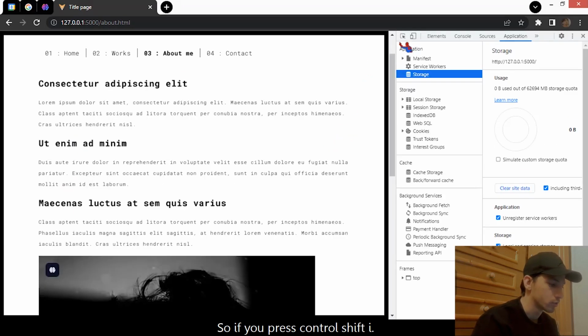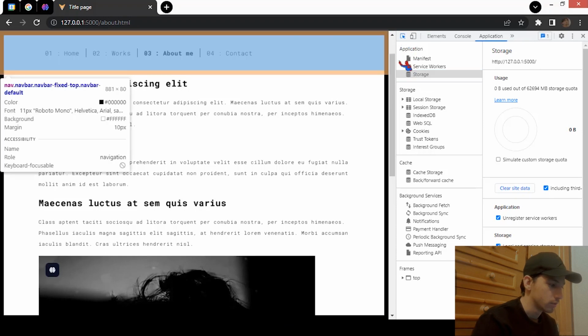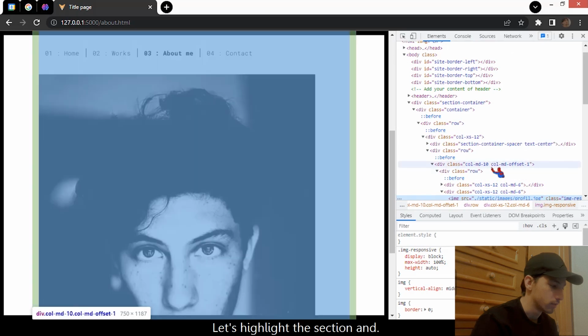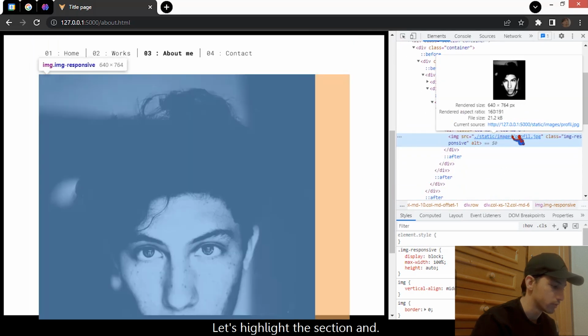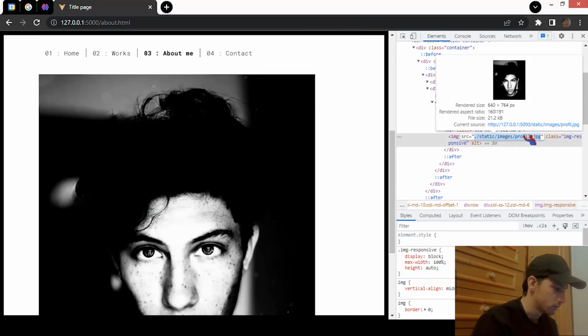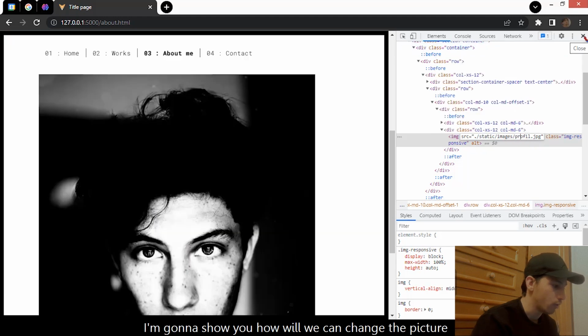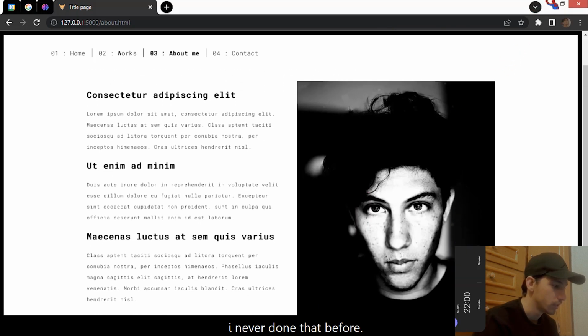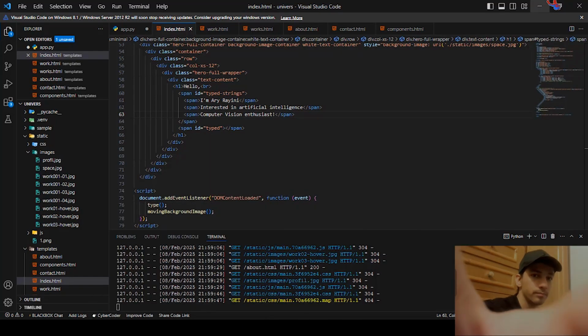So if you press Ctrl Shift I, you can use inspect. Let's highlight this section, and profile. The name of the image is profile. So I'm going to show you how we can change the picture on the website. I think it's going to be easy. I've never done that before,